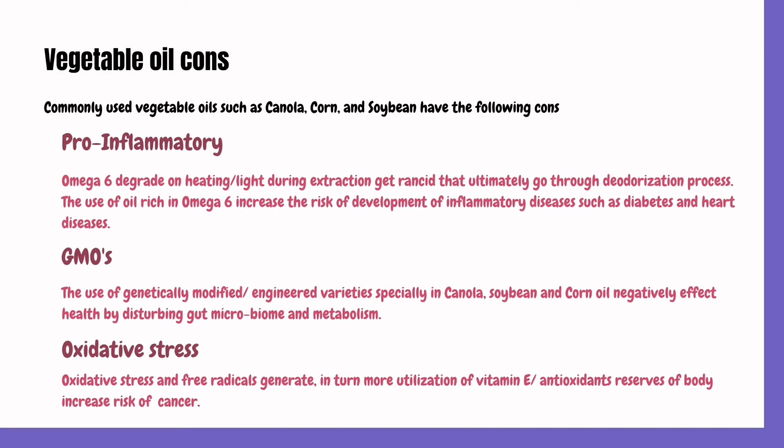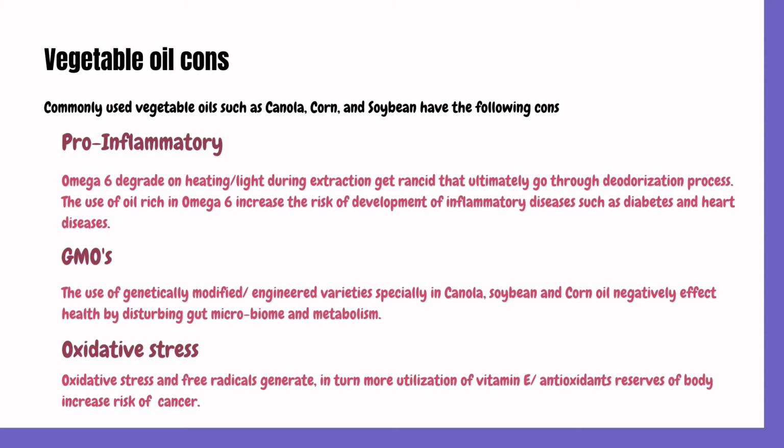Commonly used vegetable oils such as canola, corn and soybean have the following side effects. Soybean and canola oil are a good source of omega-3 and 6. Omega-6 is pro-inflammatory, and omega-3 is anti-inflammatory. We need omega-6 in our body to start the healing process. There should be a good balance between the two, but vegetable oils are high in the pro-inflammatory ingredient omega-6 that causes inflammation in the body. Moreover, a person deficient in omega-3 makes it worse by consuming vegetable oils high in omega-6, as inflammation is the root cause of many diseases and chronic issues such as diabetes and heart diseases.